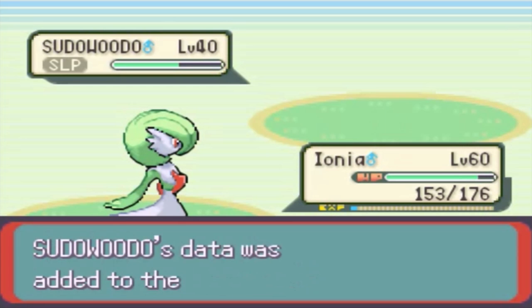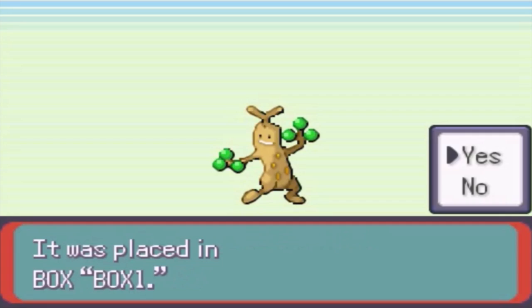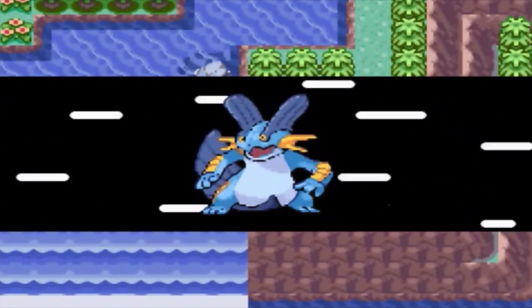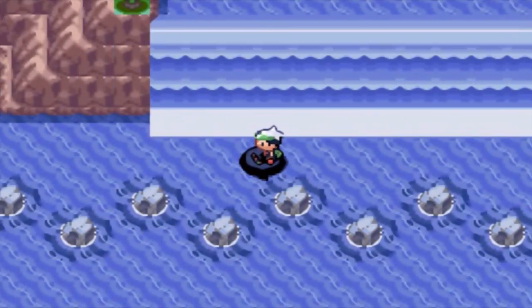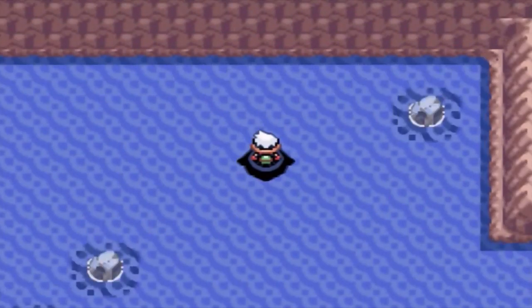I would like to say that's the last Pokemon I'm catching in this game, but no, it's not. It mimics a tree to avoid being attacked, but it doesn't like winter. And by catching or beating Sudowoodo, it opens up this little stretch of water that we can surf on. No wild Pokemon here in the water, but the water will lead to a little...